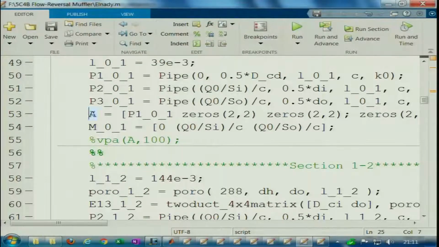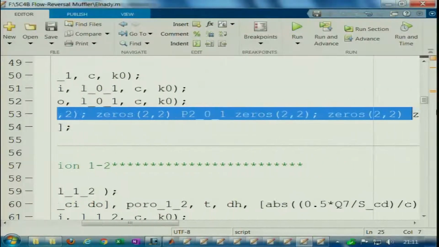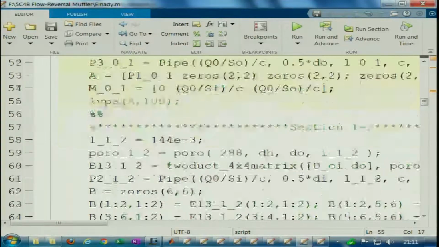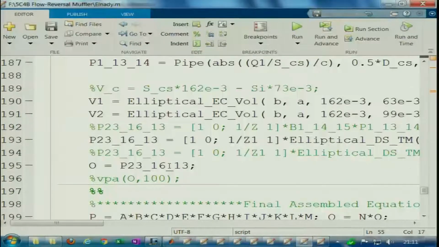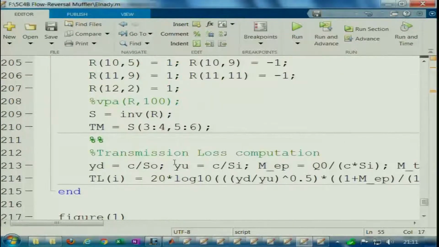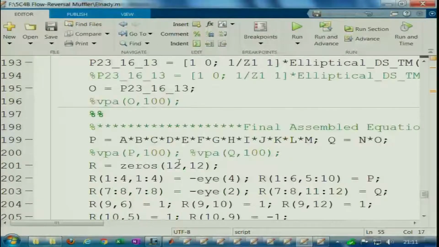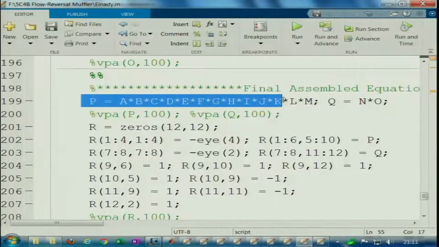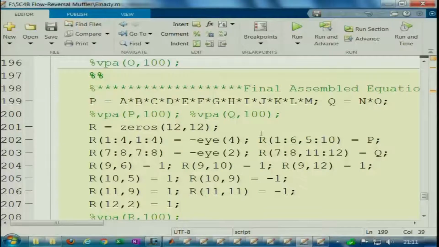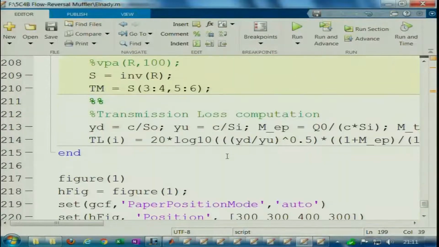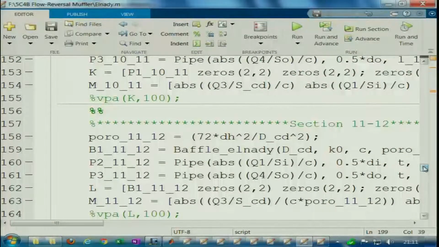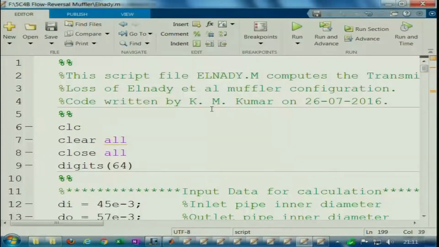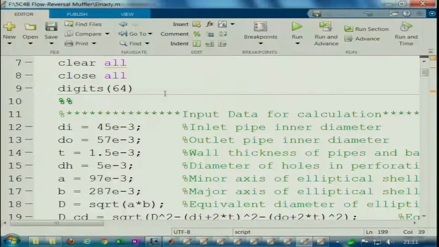So, these are the most important things. A is exactly the same formulation that I had talked about, then B, C, and this code goes on and on. So, I will be very concise here and just present you the final result. B is equal to this and Q is equal to NQ, and after all this algebra what you get is this thing, and so what I am going to do is run the code for this configuration.